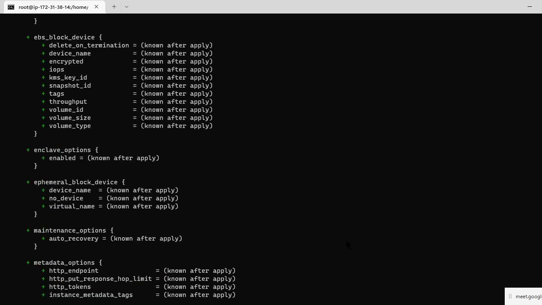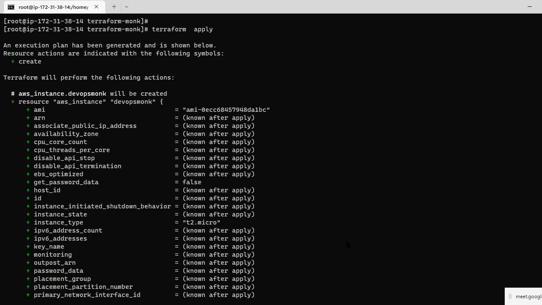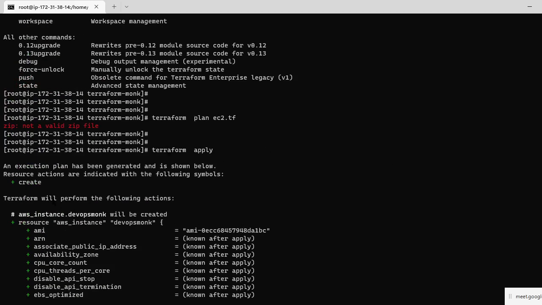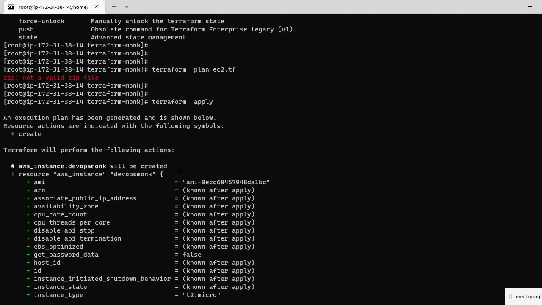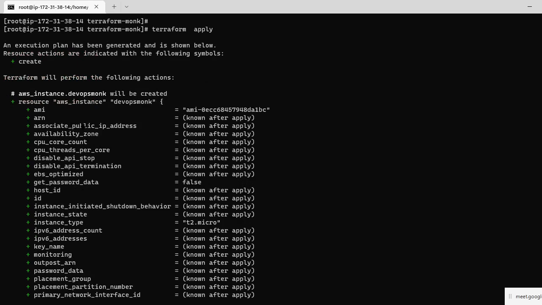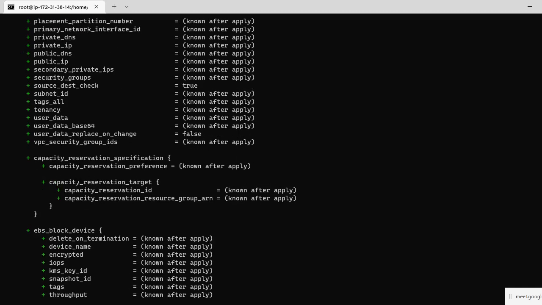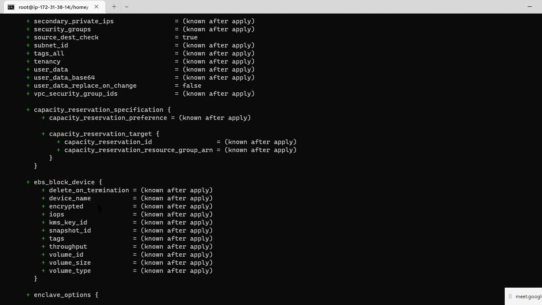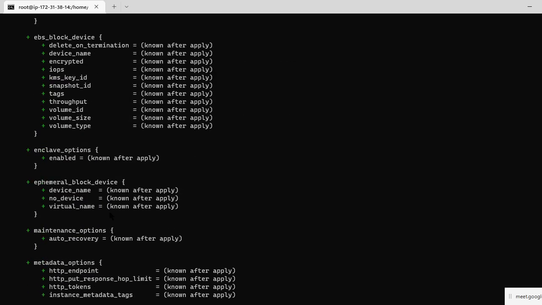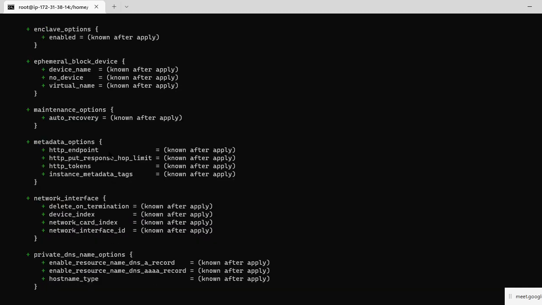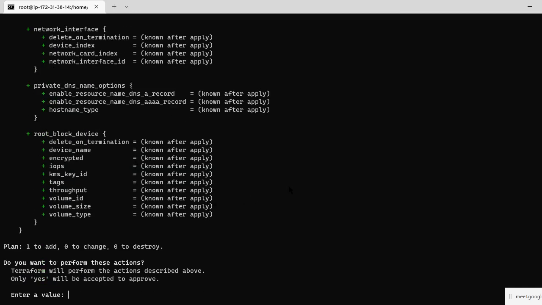You can see what it is going to execute. Terraform will perform the following actions. AWS instance DevOps will be created, with AMI, ARN, associated public IP address, availability, CPU core, disable API termination, capacity reservation, encrypted, IOPS, KMS, snapshot, tags, throughput, volumes, device name, virtual name, auto recovery, everything. So it will be created.